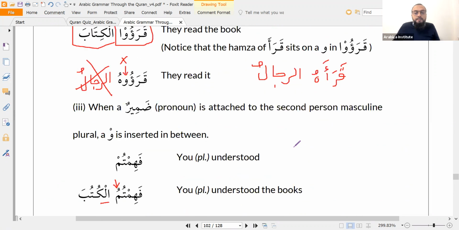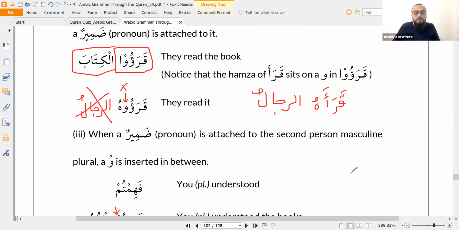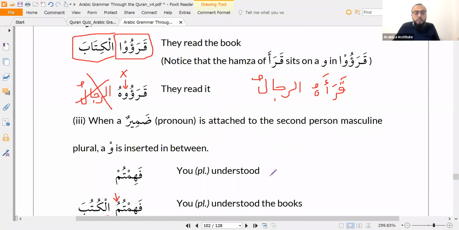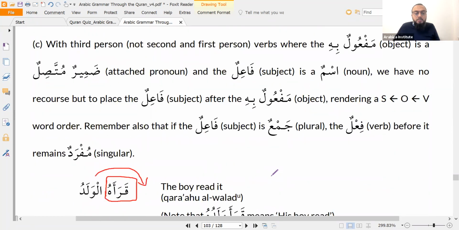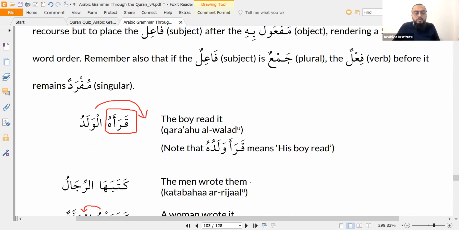نعم تفضل. لا في قرأه الولد, which we mentioned before, or later on in the book, you said, and you said at the beginning of the lesson as well, if you put the subject at the beginning, then it becomes a noun sentence. But does it hold the same meaning? Yes, the meaning is essentially the same. Okay. The meaning is not different.